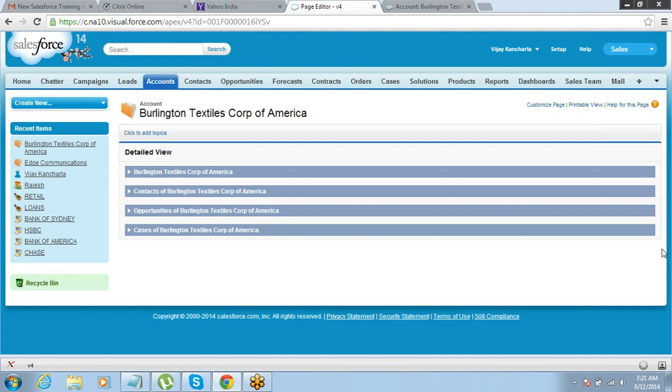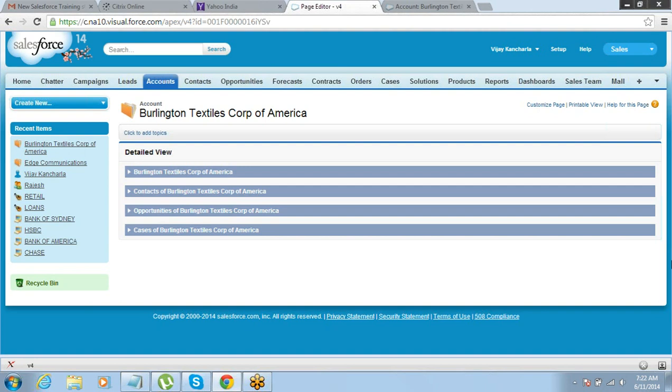Now the other point is, why do we need to do it? Why do we need to design these kind of interfaces at all? Right? Sometimes customers do have that kind of requirement. Let's say if you have a long page, okay. So let's take the example of this page. You have a very long page, okay. You have big related list. Let's say under one related list there are 50 records, right? Now what will happen? The page will become very long, okay, and it will become a little difficult for the end user to look into that page, drag down and look into it.